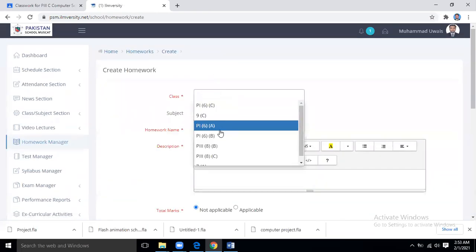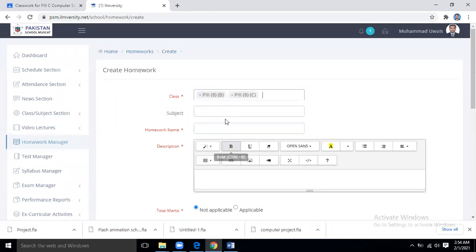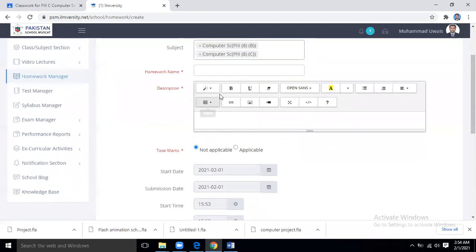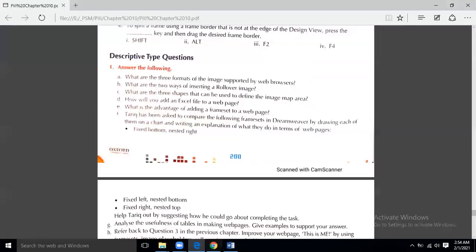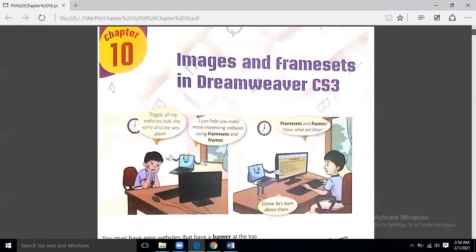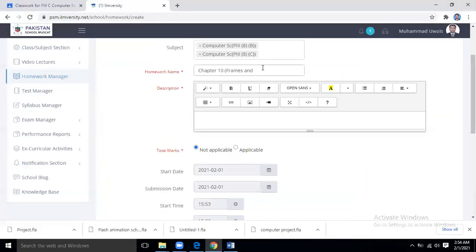Okay, so I'm going to add it for P3B and for P3C. The subject is, of course, computer science, and homework is from chapter 10, which is frames and the frame sets, images and frame sets in Dreamweaver, frame sets in Dreamweaver